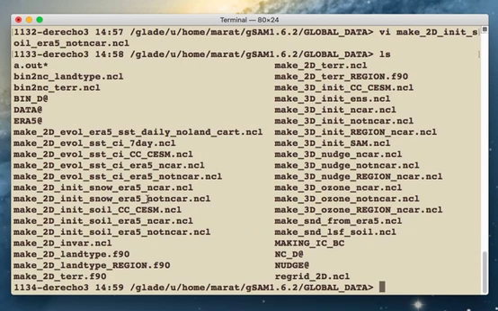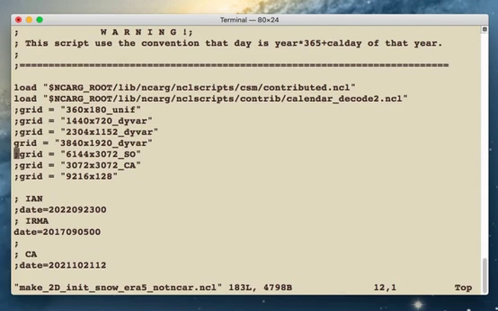So again, we choose the one for snow, the one that says not NCAR. So we use that one. And here again, you specify your grid, 3840, and then your date when you start. So this one is for snow. It will initialize snow temperature and depth around the world where snow is, so you specify this date, the one that we want,